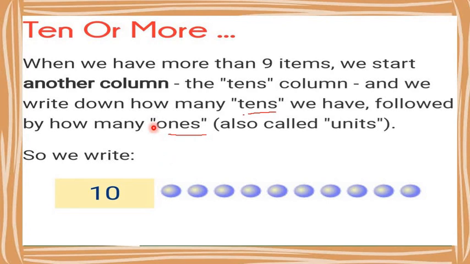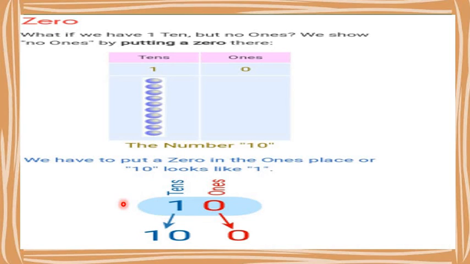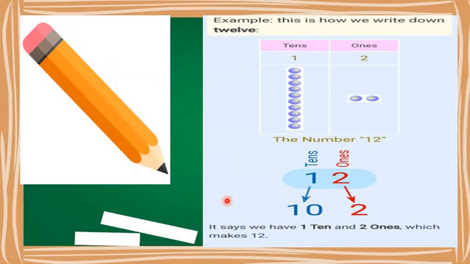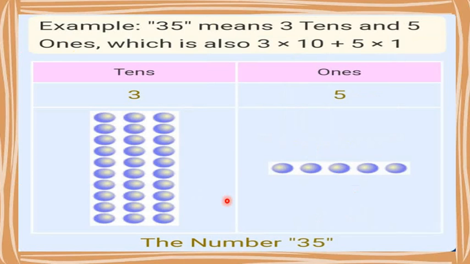Look, here we have seen how we can write the numbers in the forms of tens and ones. Okay? Then we learn how we can put a 0 in the columns of tens and ones. If we have number 10, then we have to put 0 on the place of ones and 1 at the place of tens. And here we can separate these numbers in the forms of tens and ones. Then we learn about different numbers, how we can write them in the forms of tens and ones.